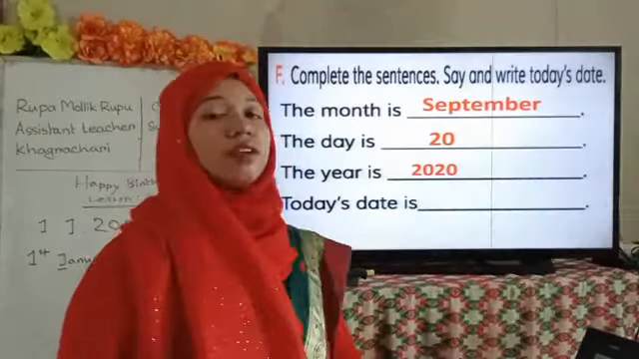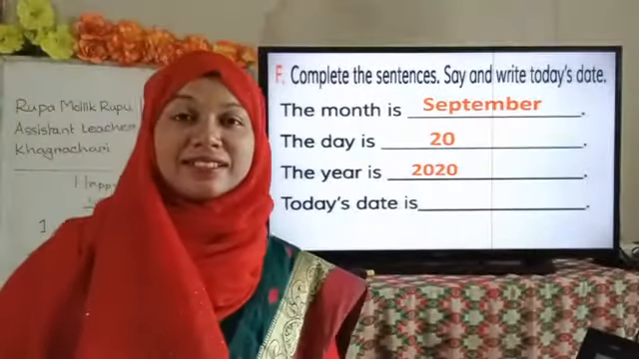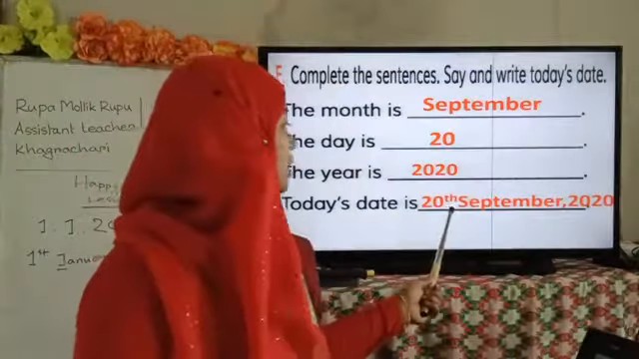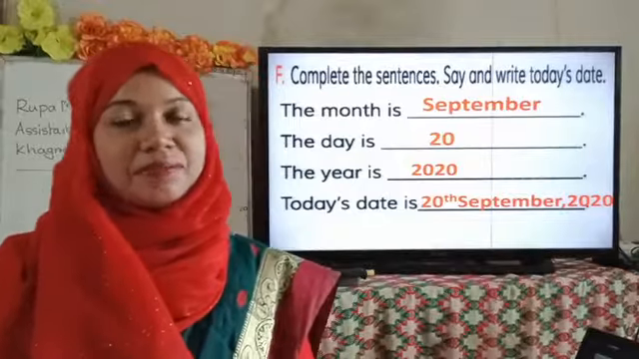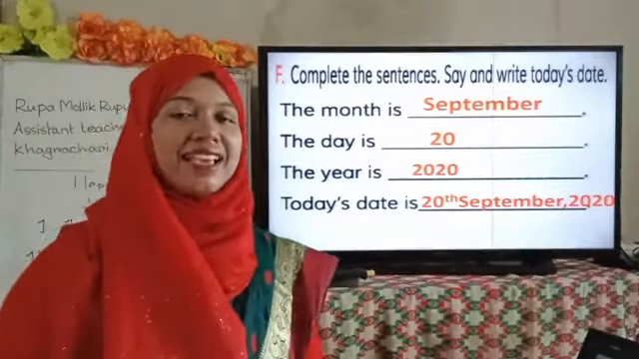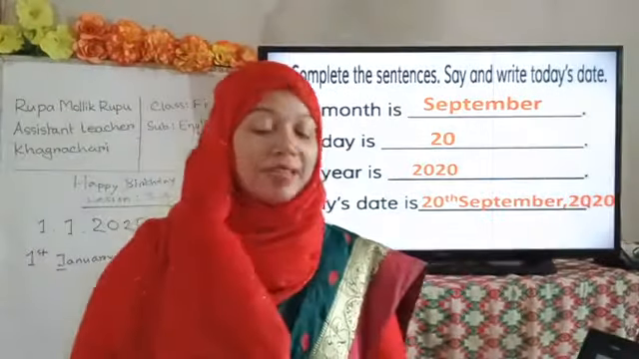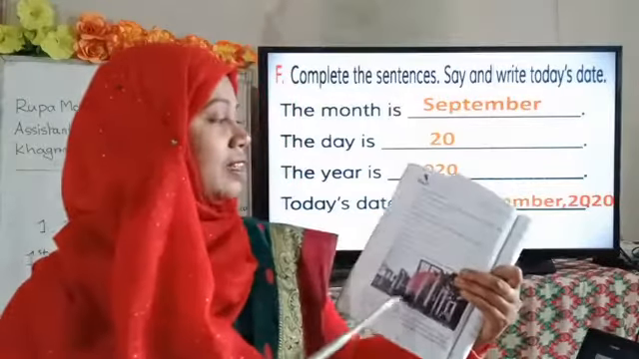2020. So my dear student, what is today's date? Today's date is 20th September 2020. This is today's date. Okay. Dear students, I hope you have understood how we have to write this, and we learned about activity